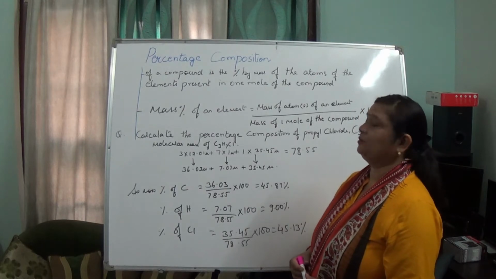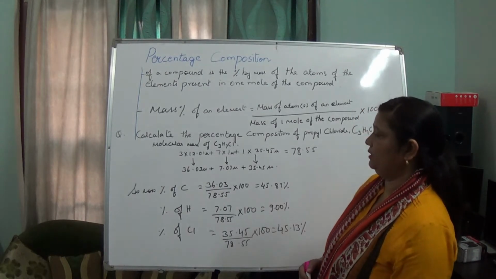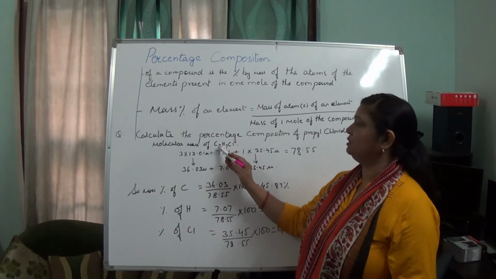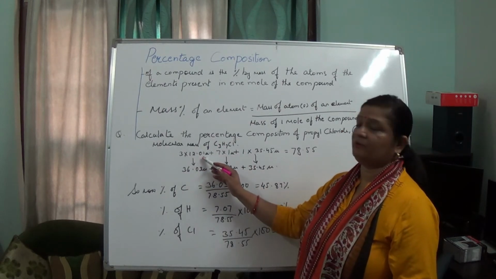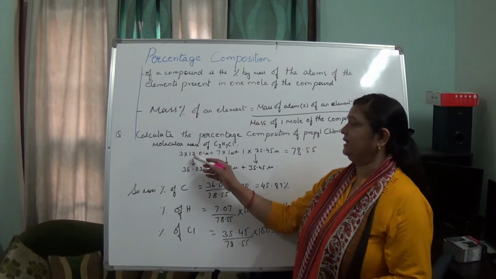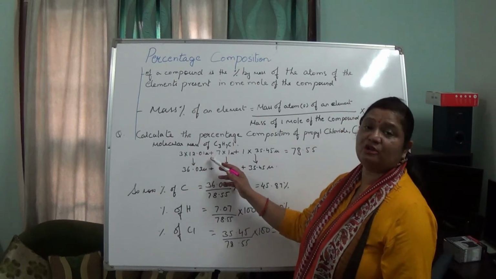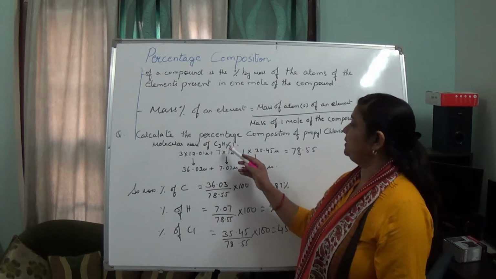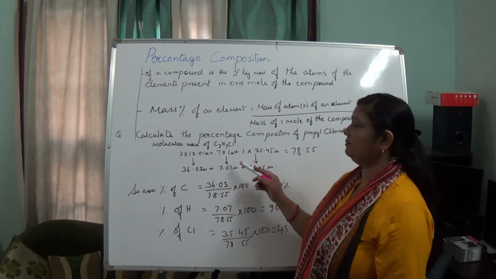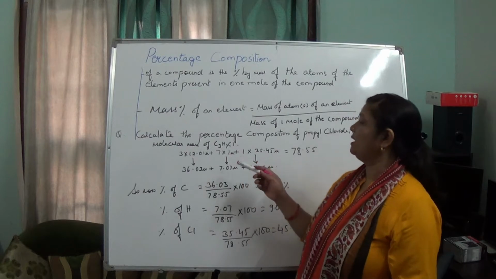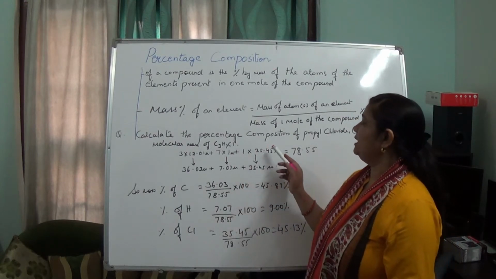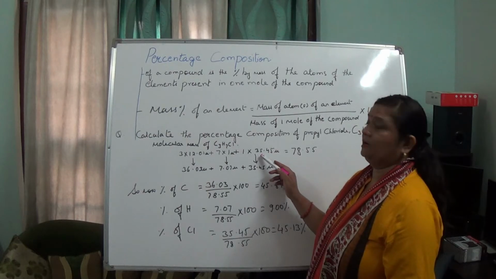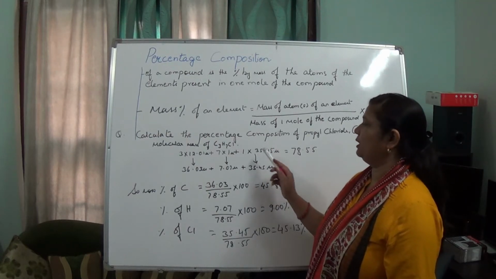Okay, so propyl chloride, in order to take out the molecular mass, how many atoms of carbon are present over here? 3. So 3 into the atomic mass of carbon. What is the atomic mass of carbon? Exactly, we are saying it is 12.01. Okay, and hydrogen, how many atoms are present? 7. Atomic mass approx it is what? 1. So you multiply with 1. Okay, and chlorine, only 1 atom is present, so it becomes what? 35.45, only 1 into 1.